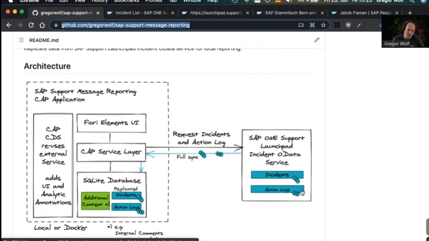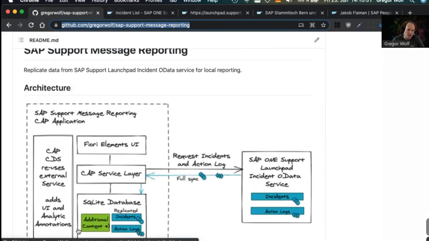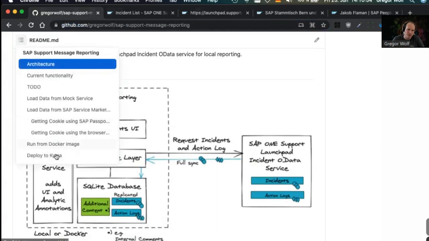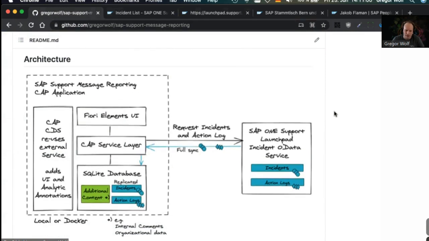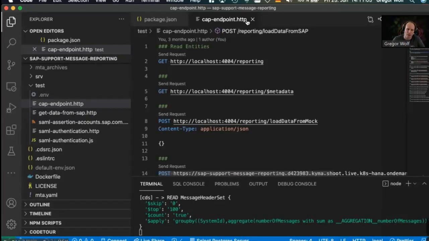To do the reporting, what we need to do is a full synchronization of these incidents to our local database. This database can of course also be HANA, but for the simple use case here, I use an SQLite database in a local environment. I can run it locally. I can also deploy it to Docker, and the instructions also contain how to deploy it to Kyma, for example. But let's get started locally, and let's have a look at what special things were done here in the